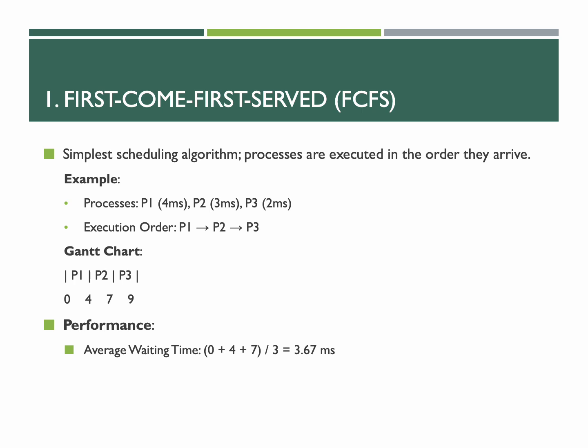Now the corresponding Gantt chart here, you'll see P1 starts at 0 milliseconds and finishes at 4 milliseconds. Then P2 starts and finishes by 7 milliseconds, and finally P3 completes at 9 milliseconds. Now let's evaluate the performance. The average waiting time can be calculated as the waiting times for P1, P2, P3 divided by the total number of processes. While FCFS is simple, it can lead to inefficiencies such as the convoy effect,